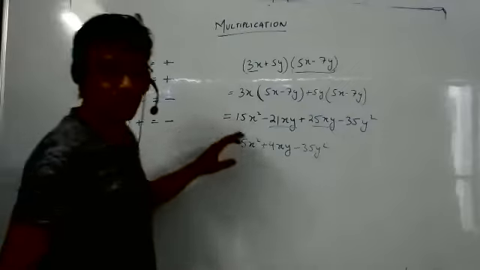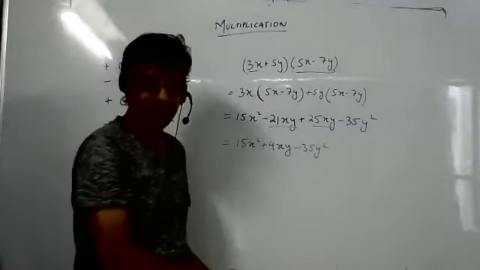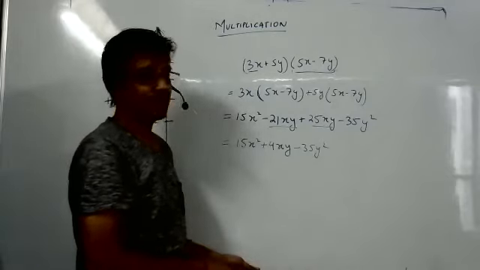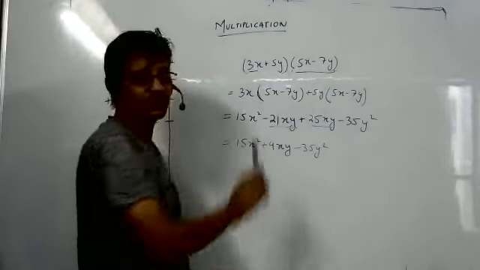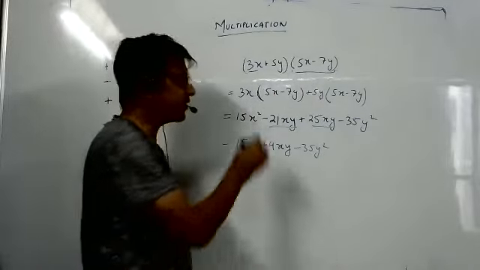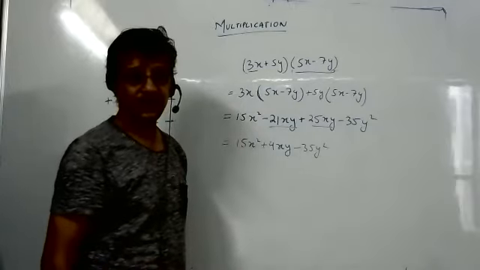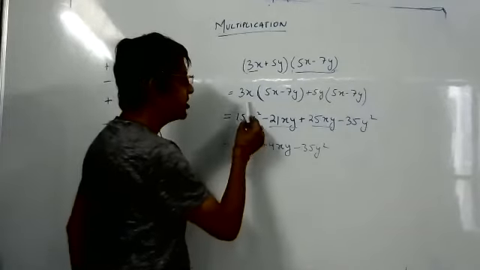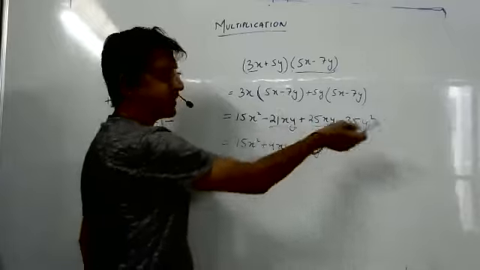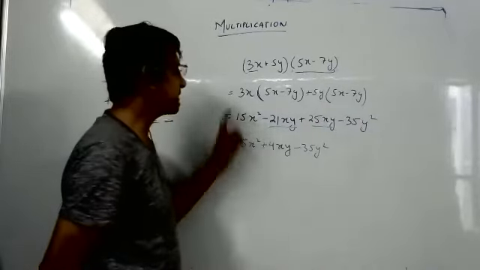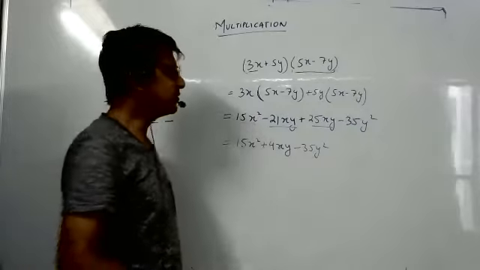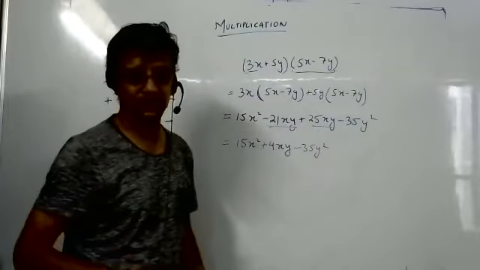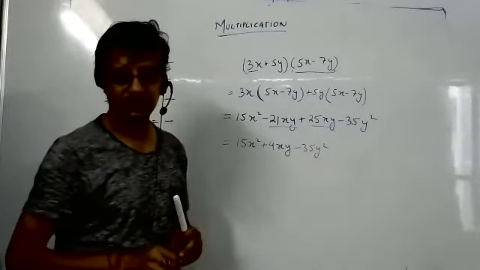Yes, sir. I'm telling you, this is extremely, very important, because your seniors also make a lot of mistakes while opening the bracket and multiplying all these things. If now you understood, you will not face a problem. You will not make any silly mistakes. What your seniors do, they multiply this with this and rest minus 7y. That's it. They don't multiply this with this. Or they keep the sign the same. Even if it is minus here, they don't change the sign. They don't multiply the sign actually. And the whole solution is wrong.